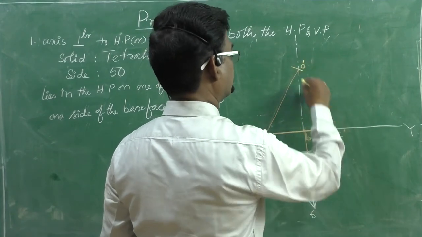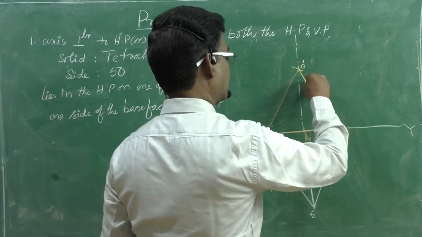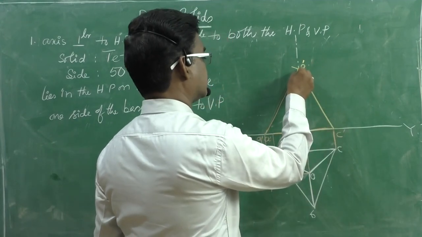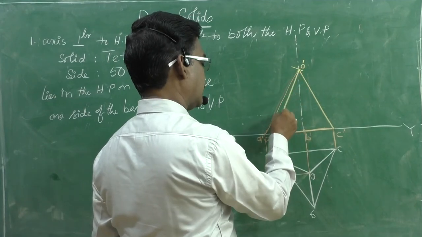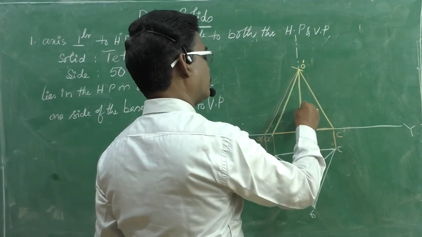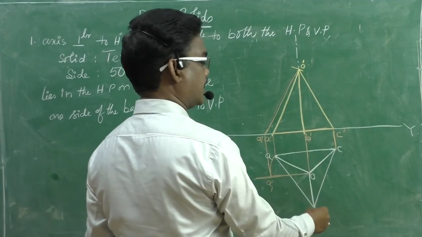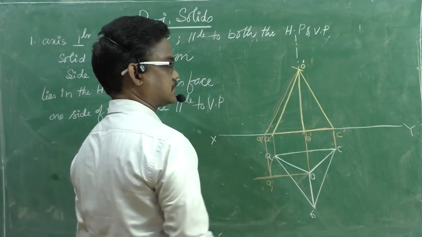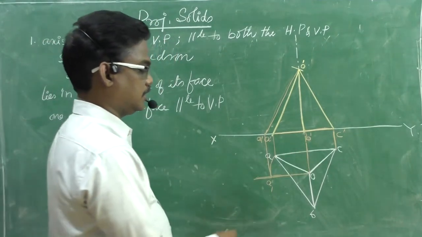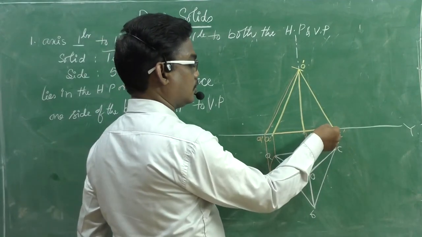Right? Now you can draw the slanted edges. This is O C dash, this is O dash A dash, and this is O B dash. Okay, OB dash overlaps on the axis. Likewise you need to complete the respective figure, and this is also visible,